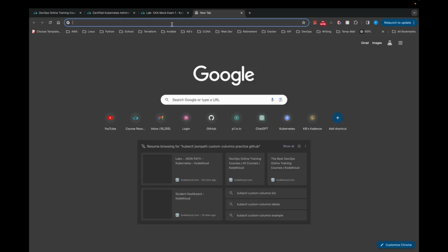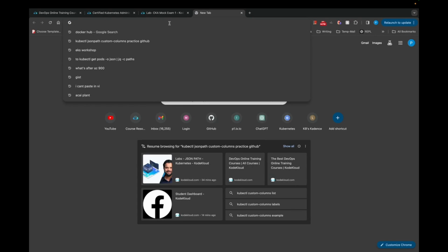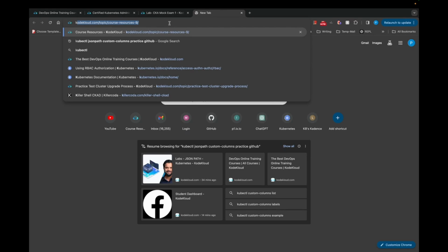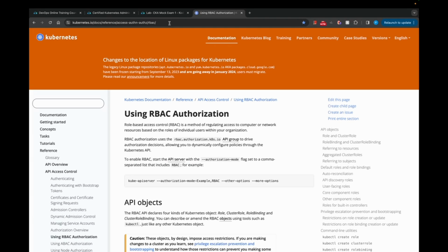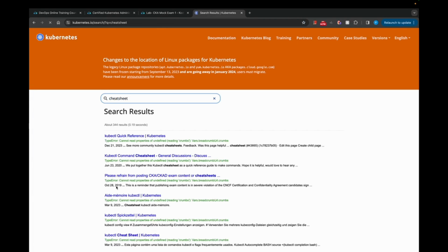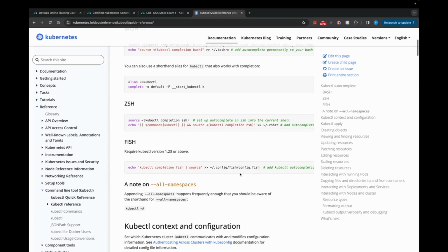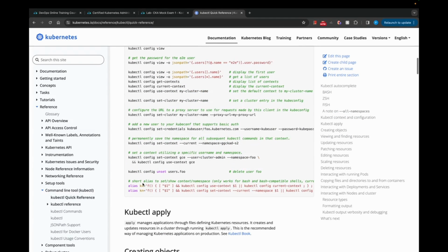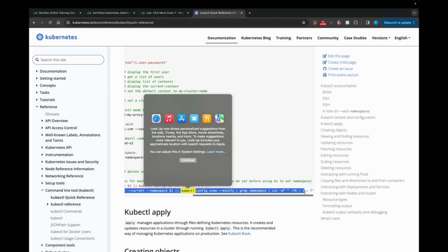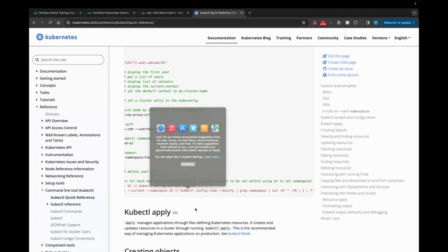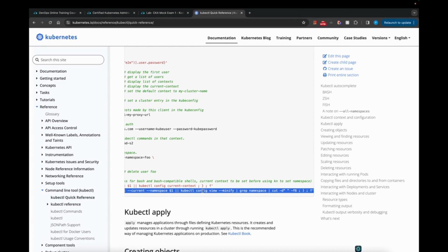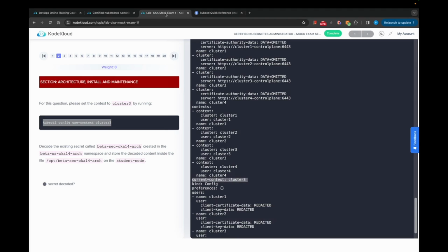Another tip I would have for you all is, I only recommend setting one shortcut in the exam, and it's going to be this one right here. Search Kubernetes docs cheat sheet, and it's this one right here. You don't need anything else. All that other stuff, I don't care. You need to know this one. It's at the bottom, very easy to find. Copy just the one at the bottom. And the reason why I say that is, look,